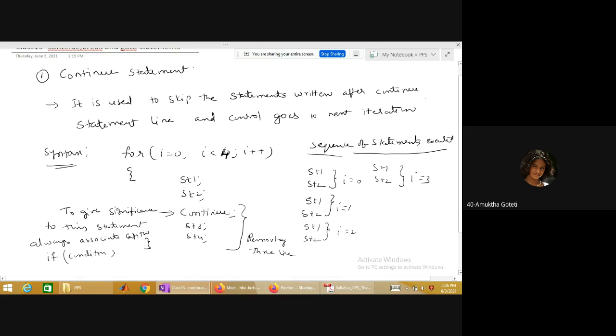Yes, sir. So before the continue, if you write some condition, then based on the condition only the continue will get executed. Otherwise 3 and 4 will get executed. Is it not? Yes, sir. Right or not? It is something like, say,